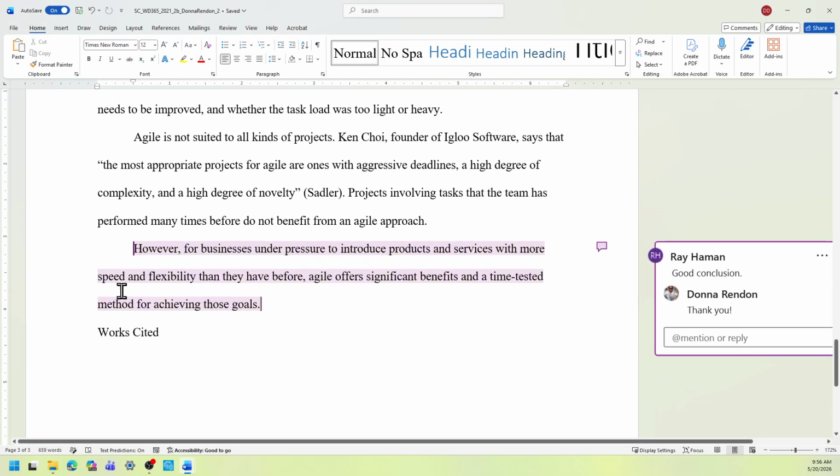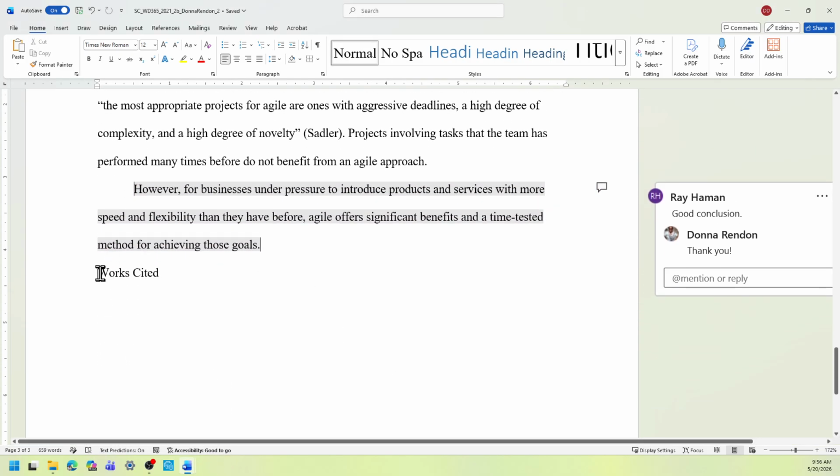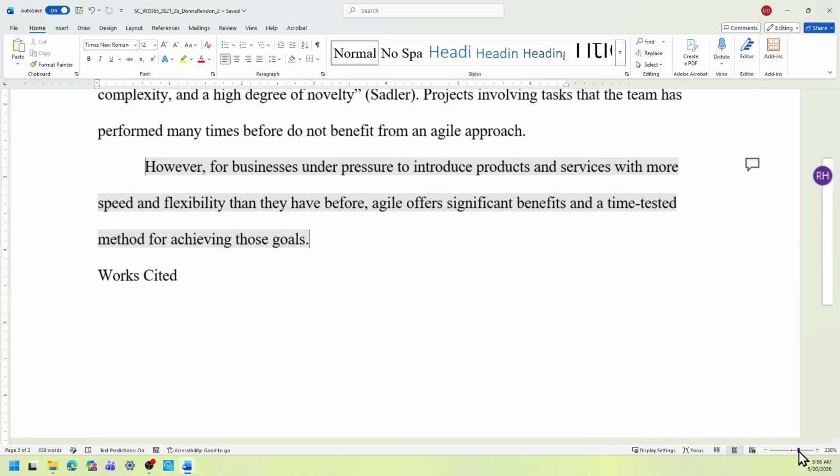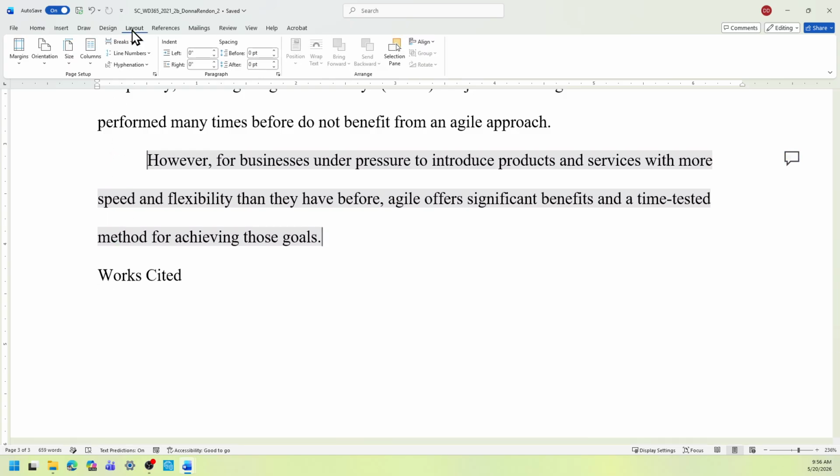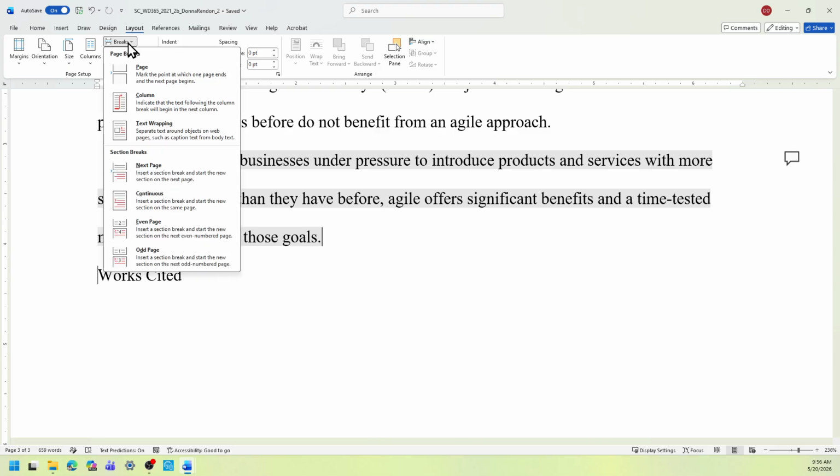And then this is the works cited paragraph. Place your cursor just before the word works. And then this time I'm going to select the Layout tab to add the manual page break. Select the Break drop-down menu and select Page.